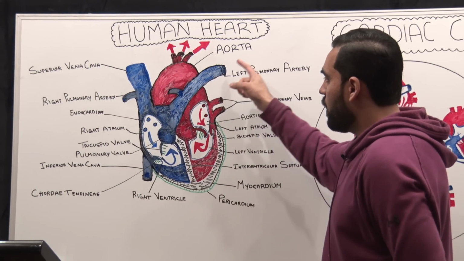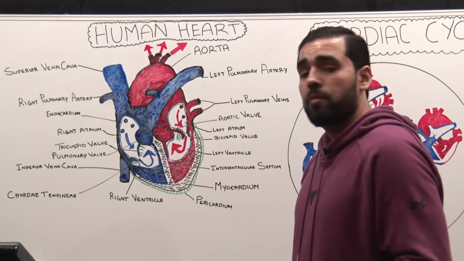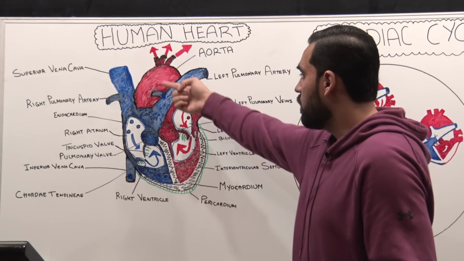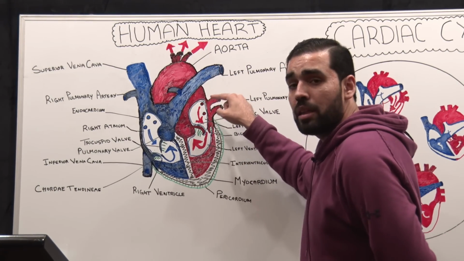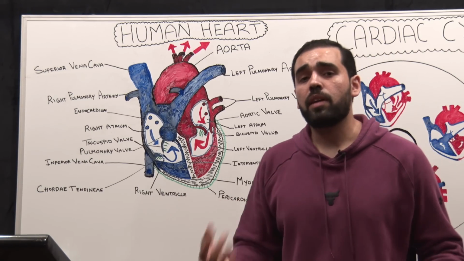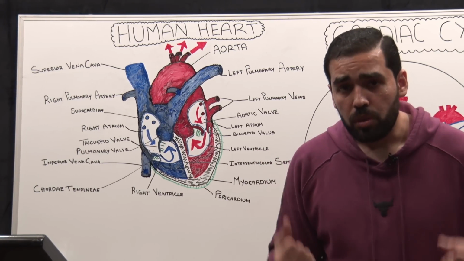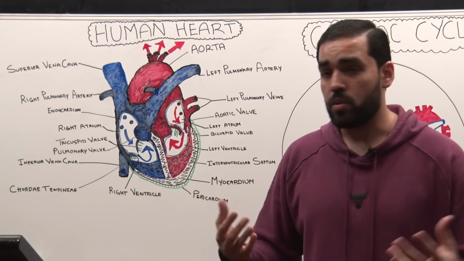Now, the blood that goes into the lung picks up the oxygen and it needs to return back to the heart, which is oxygen-rich blood, which is denoted here with the red color. Now, this comes back to the left atrium through the pulmonary veins. Now, I said that any vessel that brings the blood closer to the heart is called the veins, and any vessel that takes the blood away from the heart is called the arteries.